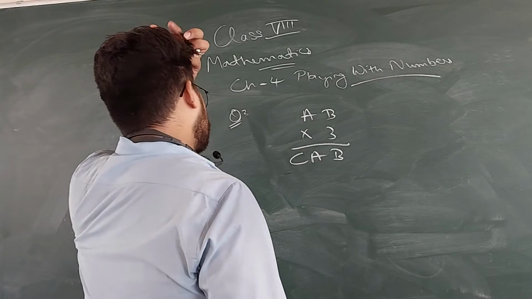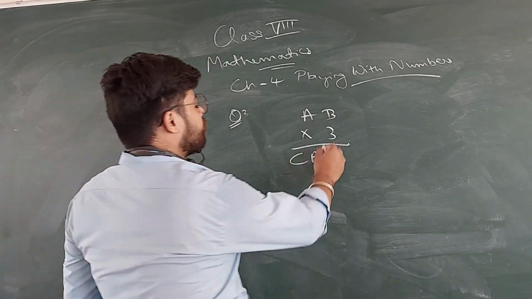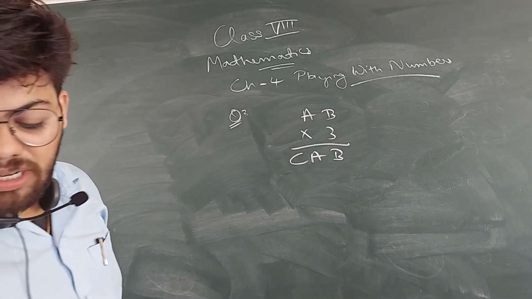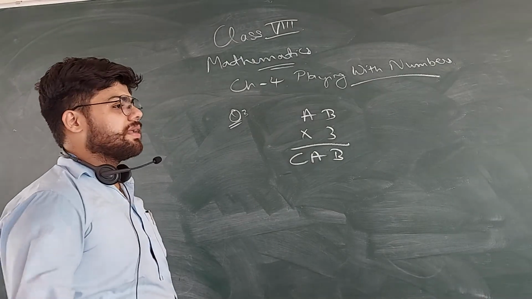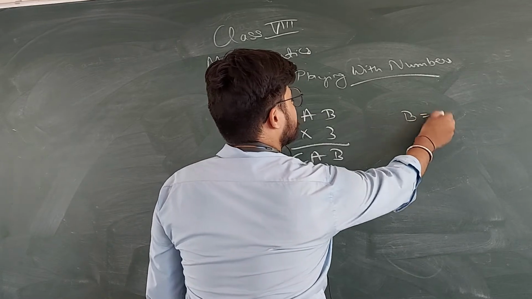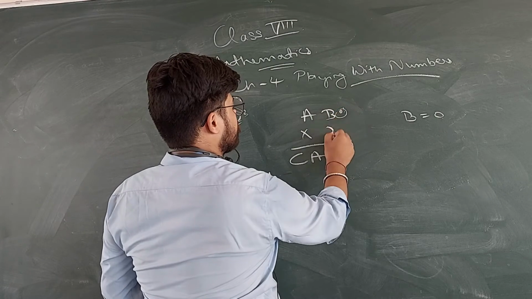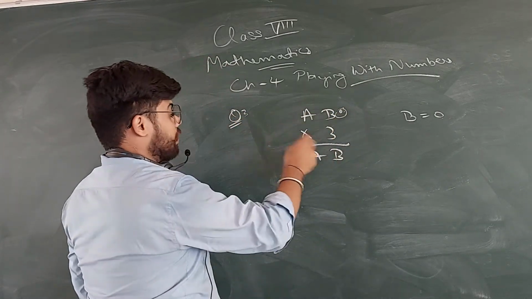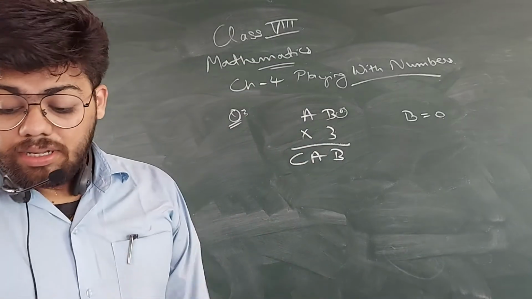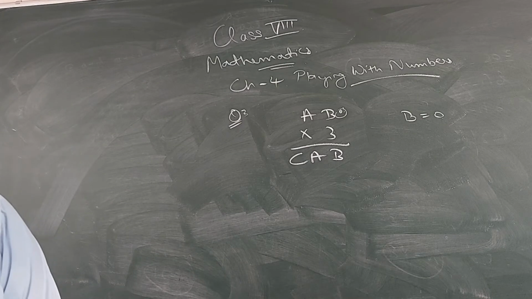Now look at that. What number we have to multiply so that the answer will be this only. The 0 is the number when we multiply, the answer is 0 only. So the value of B we will assume first as 0. So B value is 0. If I multiply 3 into 0, 0. Now here, what we have to multiply, that number, the answer came, CA. A value is 5.